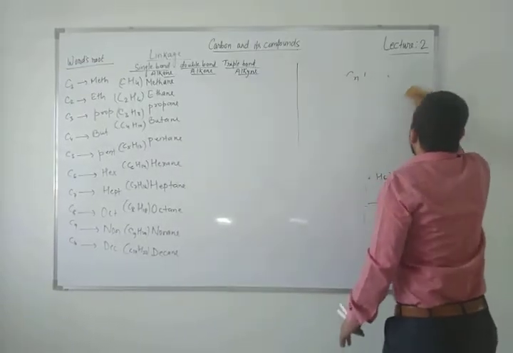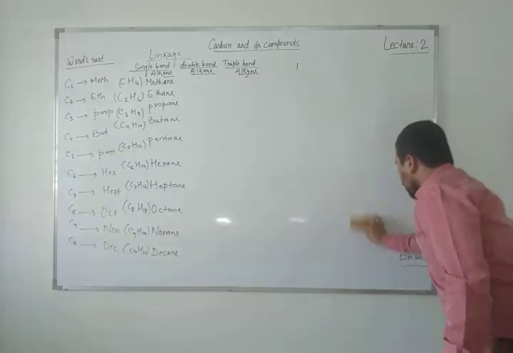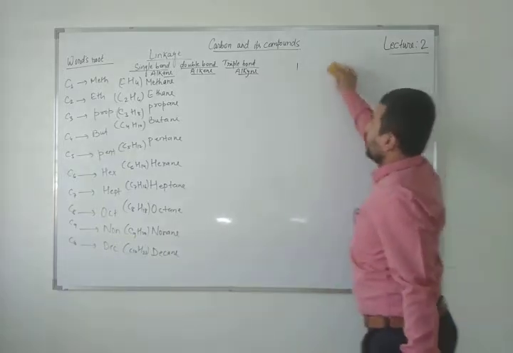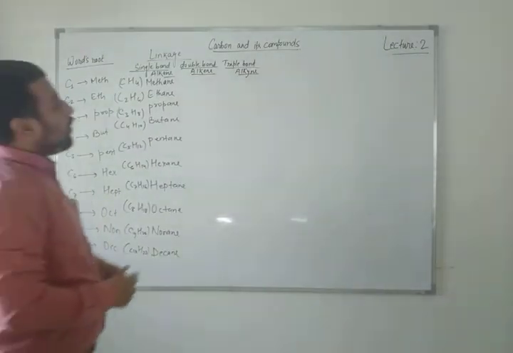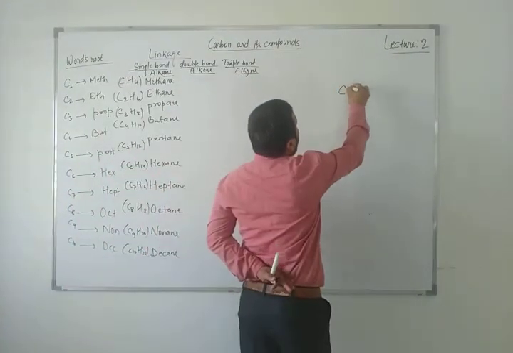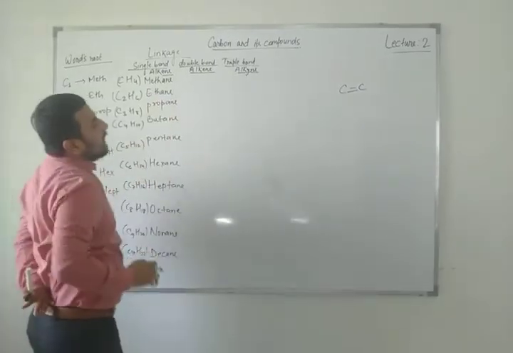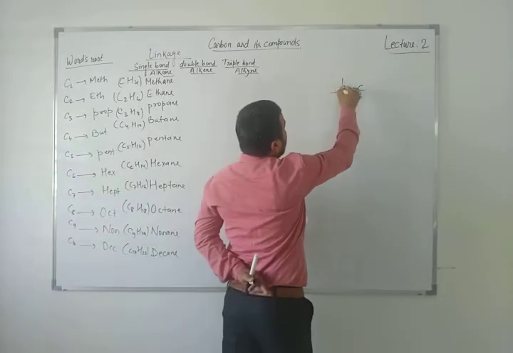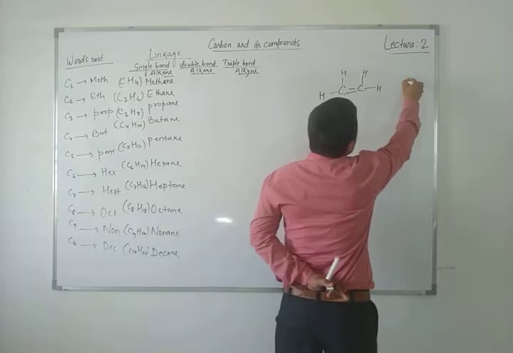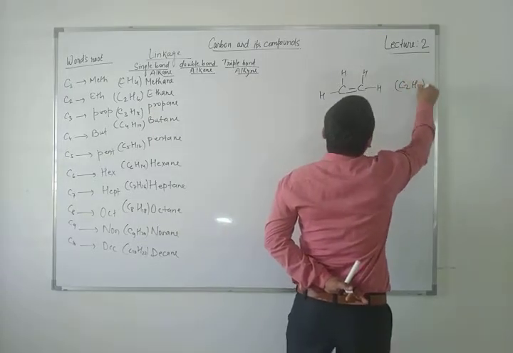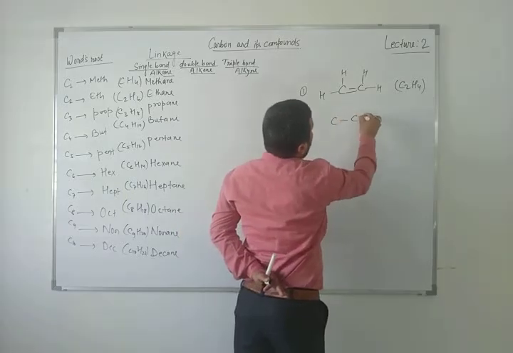First of all, where will you put the double bond? You have to choose the number of carbons, and at the first position you have to draw the double bond. For example, the double bond will always be between 2 carbons. It starts with ethene, right? So you can see here 1, 2, 3, 4. It is C2H4, right? This is the first one. And for the second one, if I draw 3 carbons, so between 2